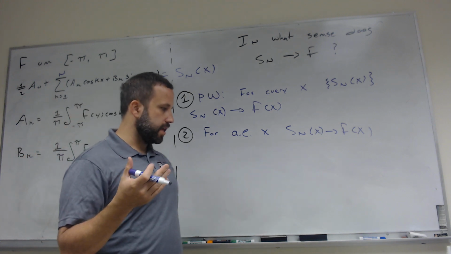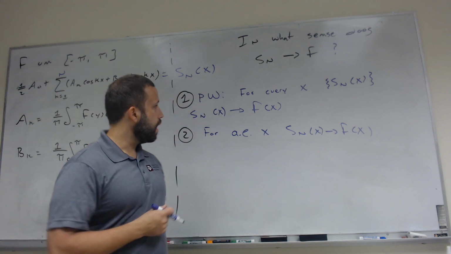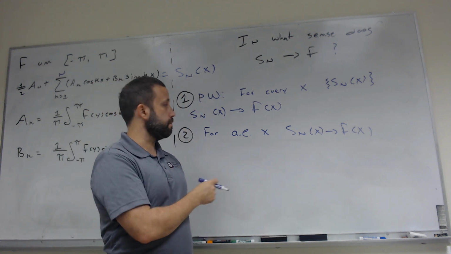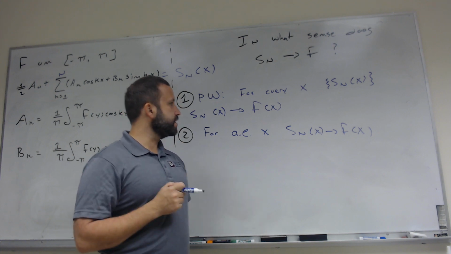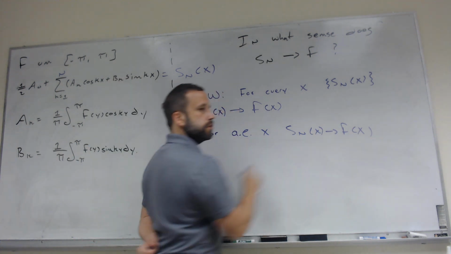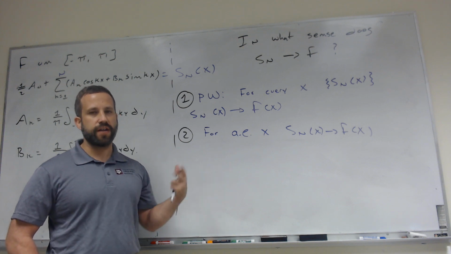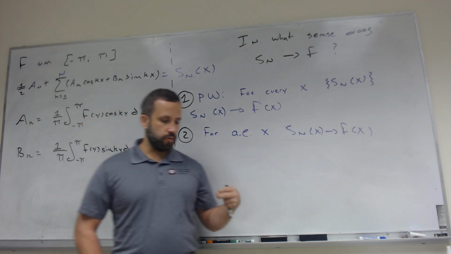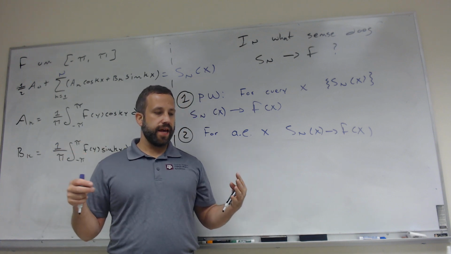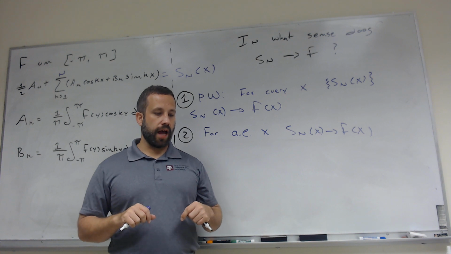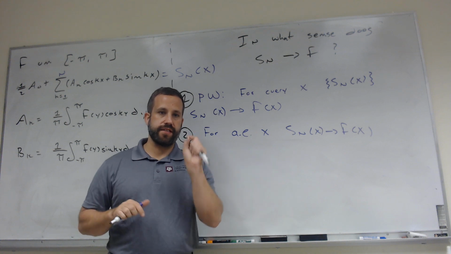a term from measure theory. Almost every is a term from measure theory, and it has a precise meaning. So what this means is that this convergence holds, except for perhaps on a set of measure zero. Now, a set of measure zero is hard to define without talking about measure theory, but it basically just means a small set. Like an isolated point is a set of measure zero.